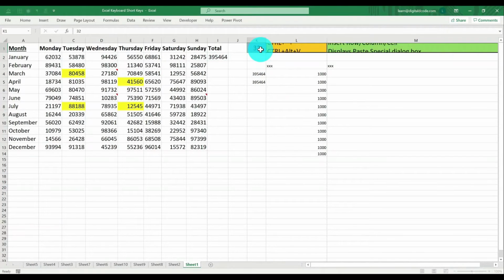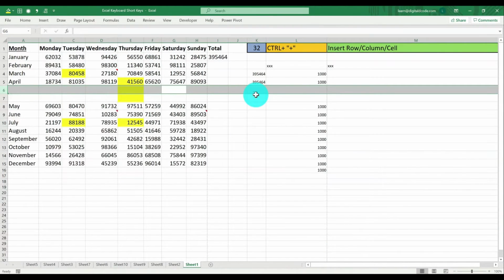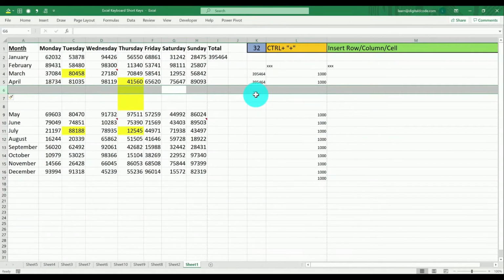Next, insert row or column. In Excel, to insert a row or column, it's better to select the column, and using Control plus, you can insert the column, insert the row.